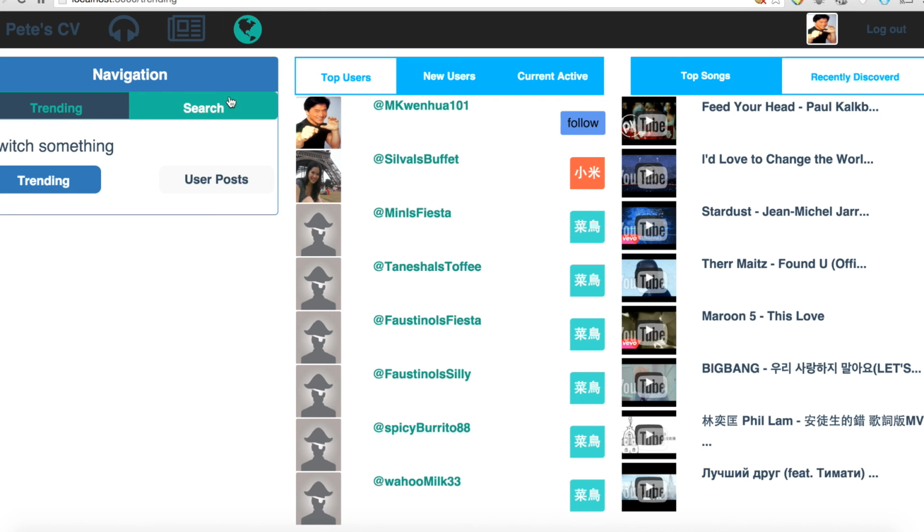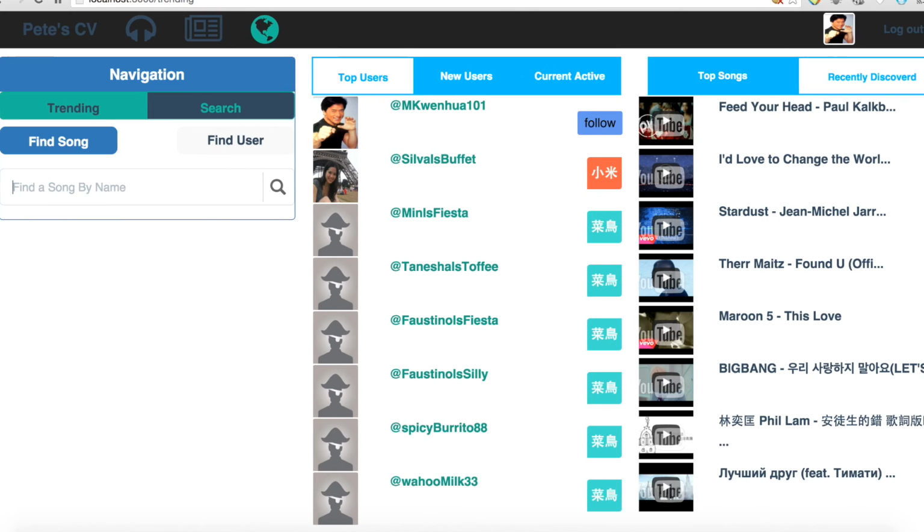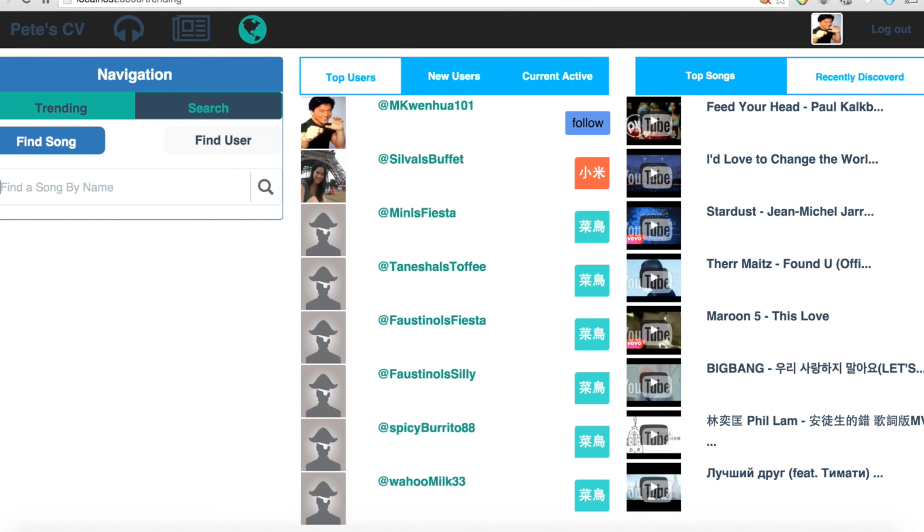Also, you have the search, and that doesn't even work yet. You can find a user or find a song, and the reason why it doesn't work yet is I just haven't gotten around to it. So what I would do for finding a song would be two things. You can look for the song name, sort of like Elasticsearch, but I think I would like to write it on my own and not actually use the Elasticsearch gem. Maybe I would, I don't know, but I kind of like doing challenging things.